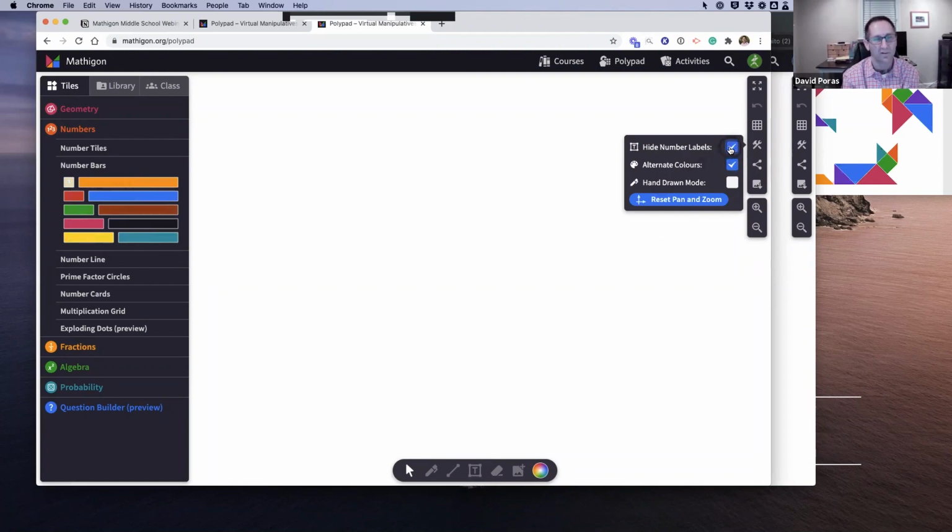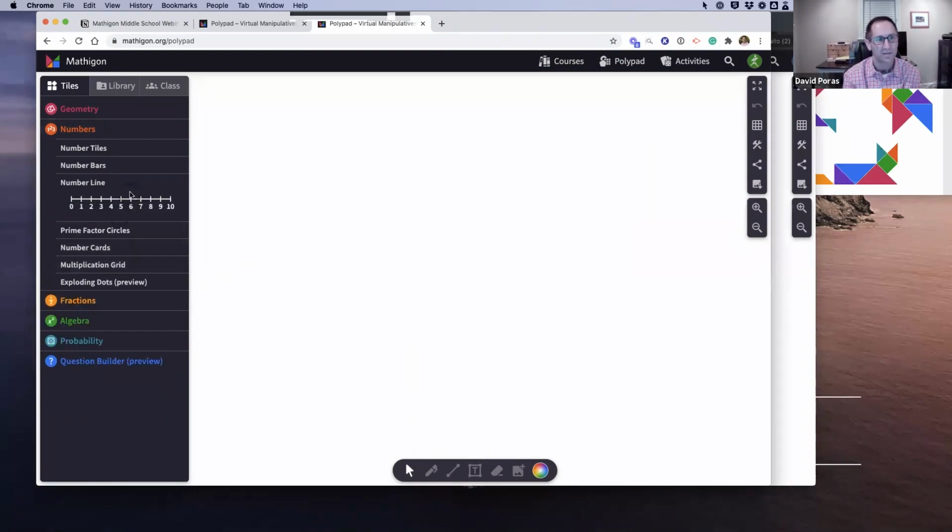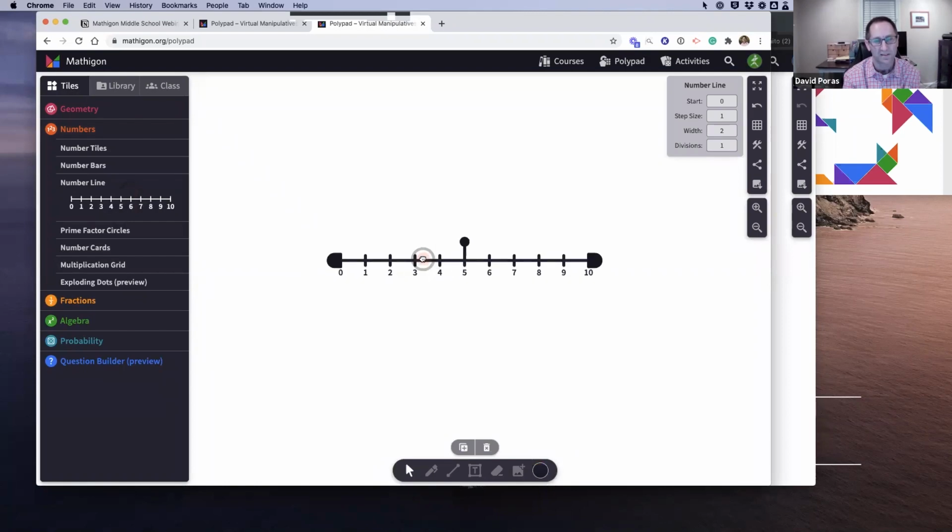And I can hide the number labels. When I toggle back and forth on the number labels, they appear or not. So that's true for a number of the tiles. There's a number line. I'm not going to spend a lot of time on the number line, but I want